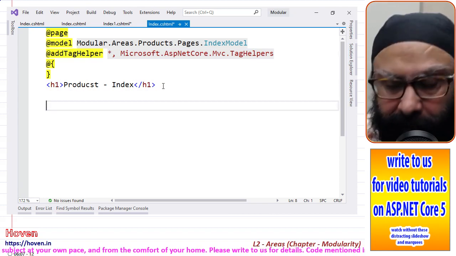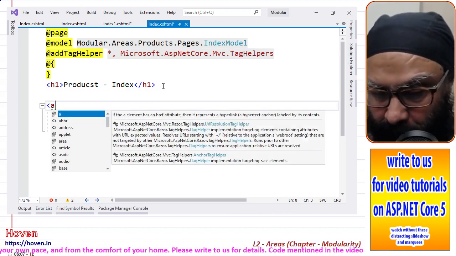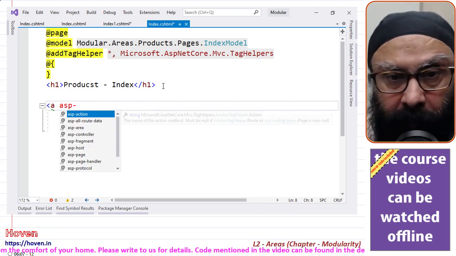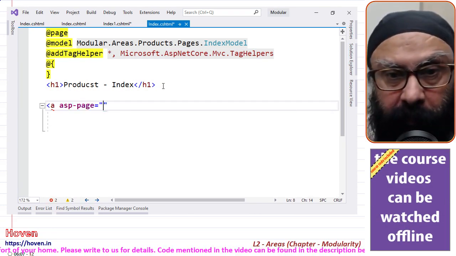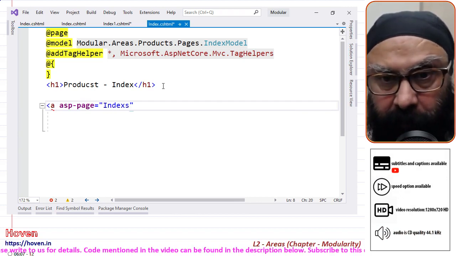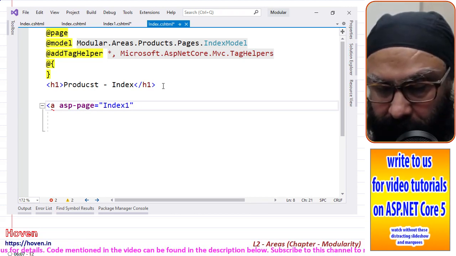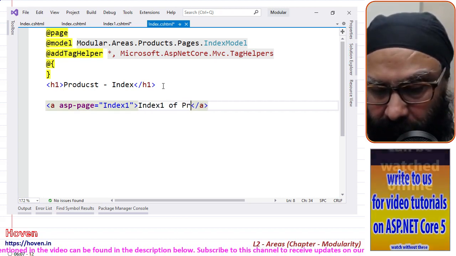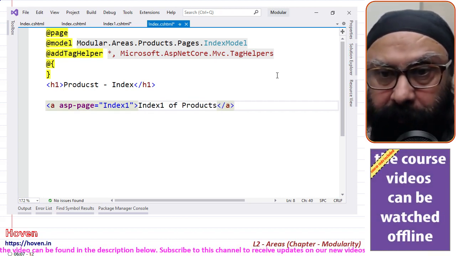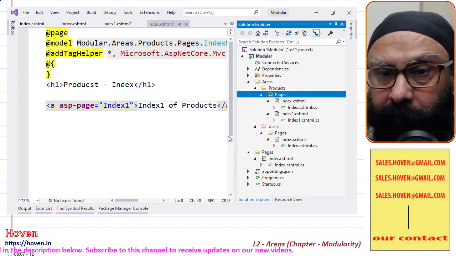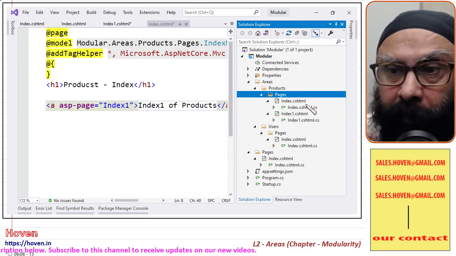Now I will add that tag helper, asp-page is equal to index 1, index 1 of products. Let me make it clear once again.